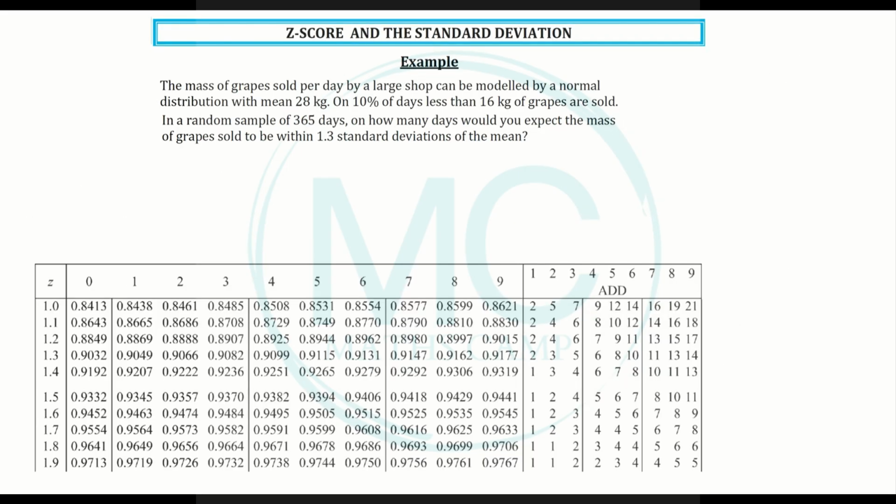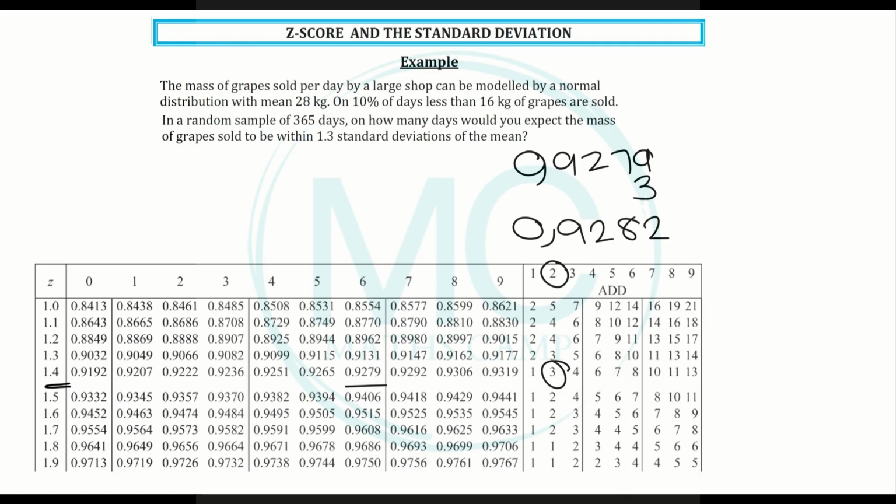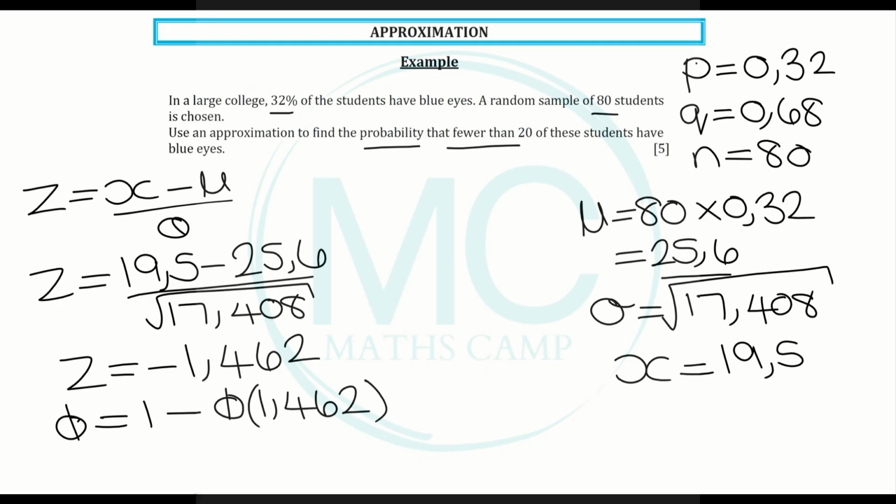Z is 1,4. We're going to use this row. 1,46, this column over here. 0,9279. But my z-score is 1,462. So I need to add 2 to z, which means I add 3 to my score. Let's add 3, and I get 0,9282. Let's go back over here, and I can say the probability is equal to 1 minus